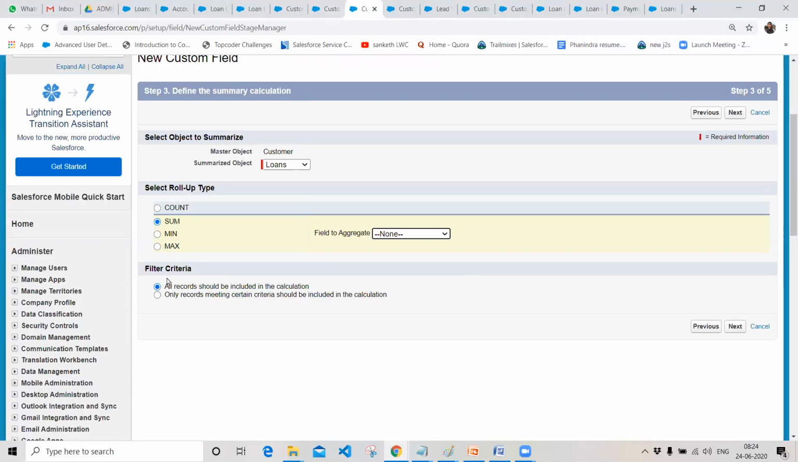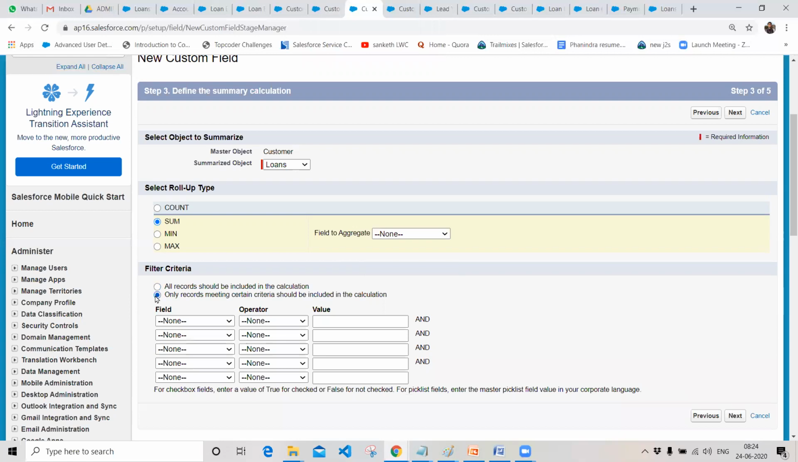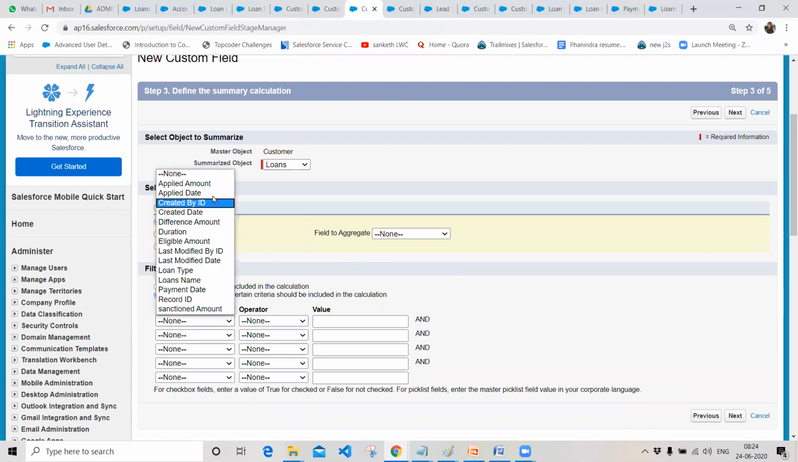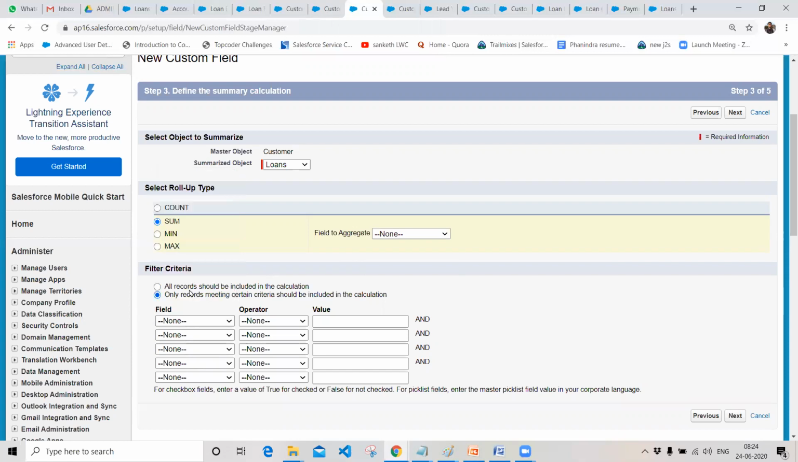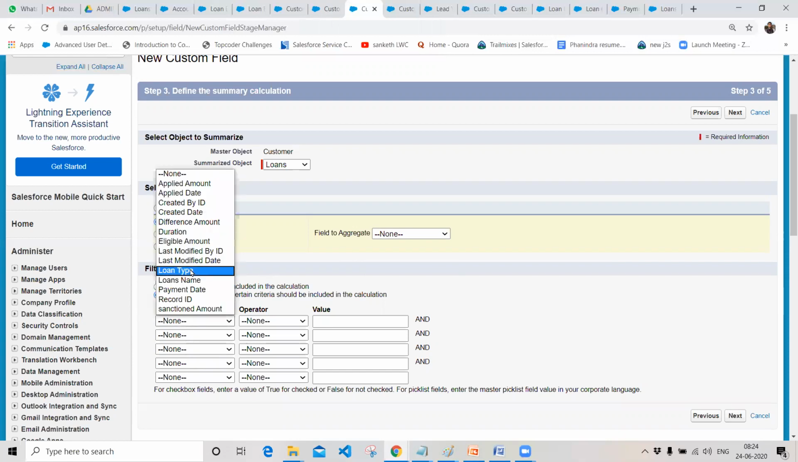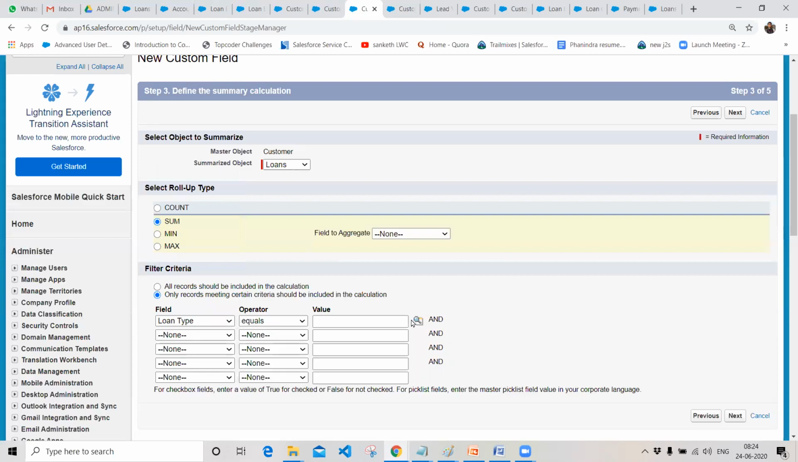And we have something called a filter criteria. So far we have chosen that all records should be included. That means for a parent record, all the child records will be taken into the count. But I want to take the child records on a particular condition. So you can create your filter condition, choose your field, applied amount, where the loan type equals